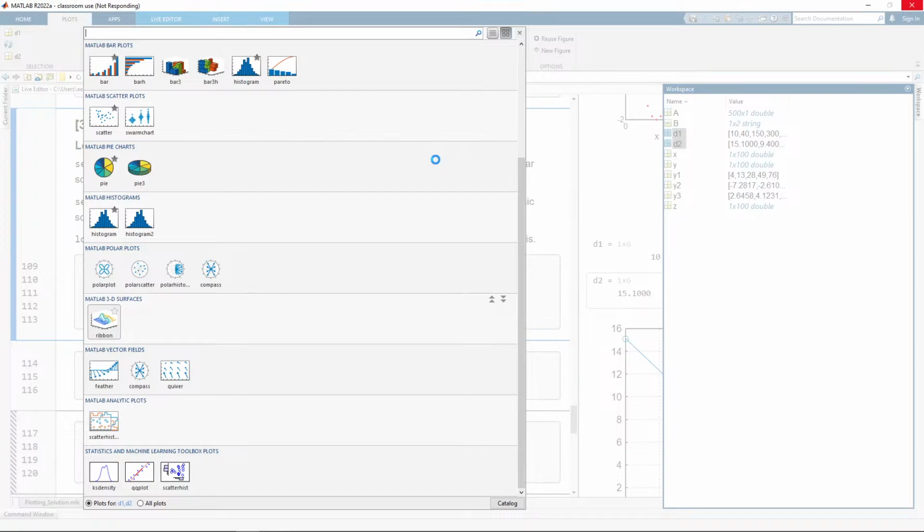Here it's telling you all plots. You just select your data and MATLAB can suggest plot types that you need, and it can also provide help on how to do it. It's freezing on me, so I think that would be all for this video, and I will see you in the